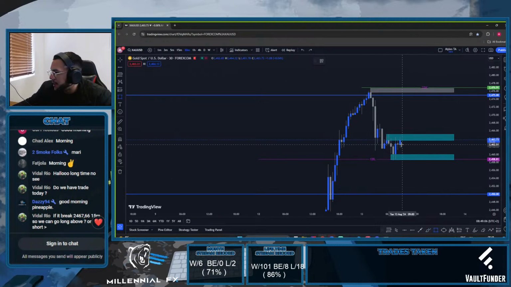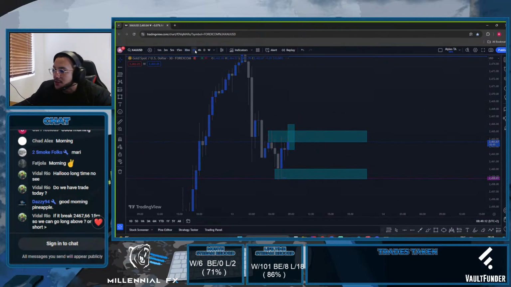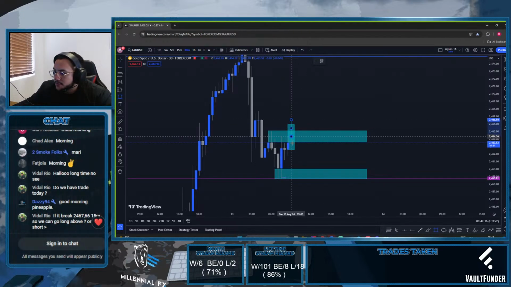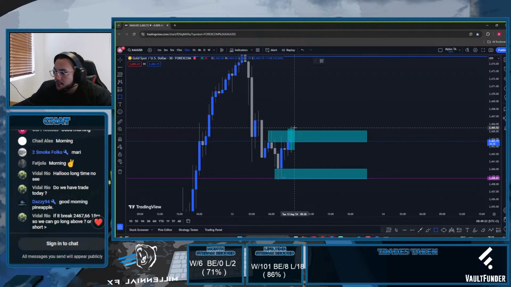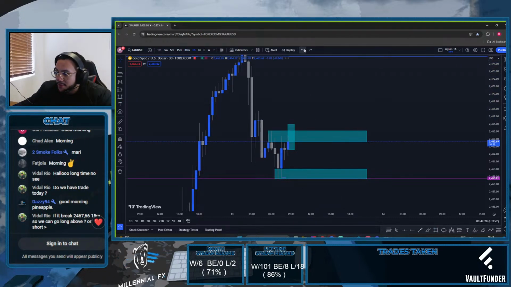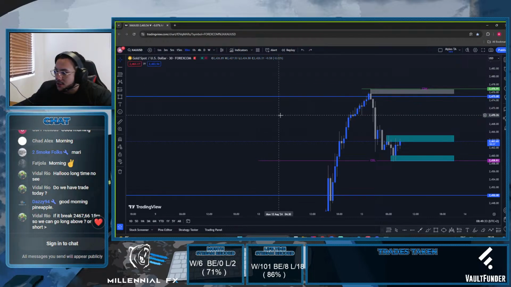I'm literally going to wait now for price to close above there in the next 11 minutes. If I can get that, which is going to be a 30 close and an hourly close, if I can get price to start closing above there, something like that, price to open, grab liquidity and start driving. That is what I want to then see on the 30-minute. That is going to be my type 4 style execution.